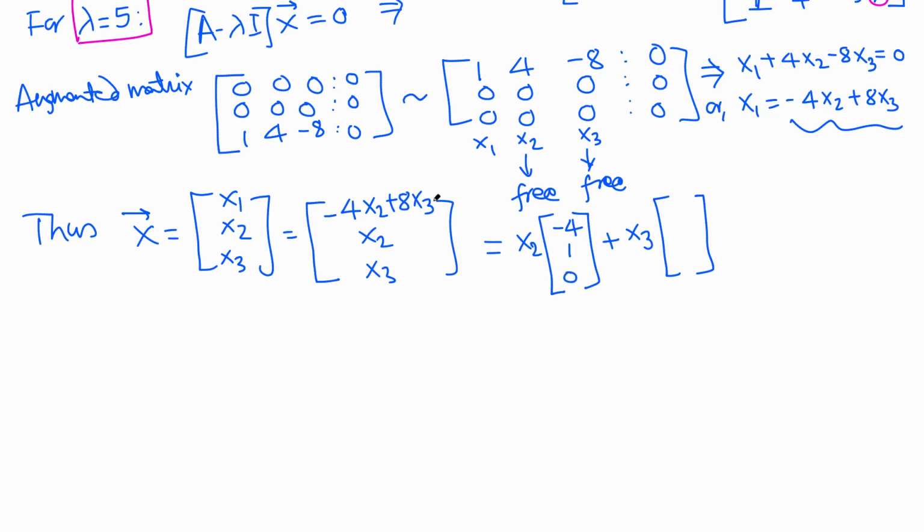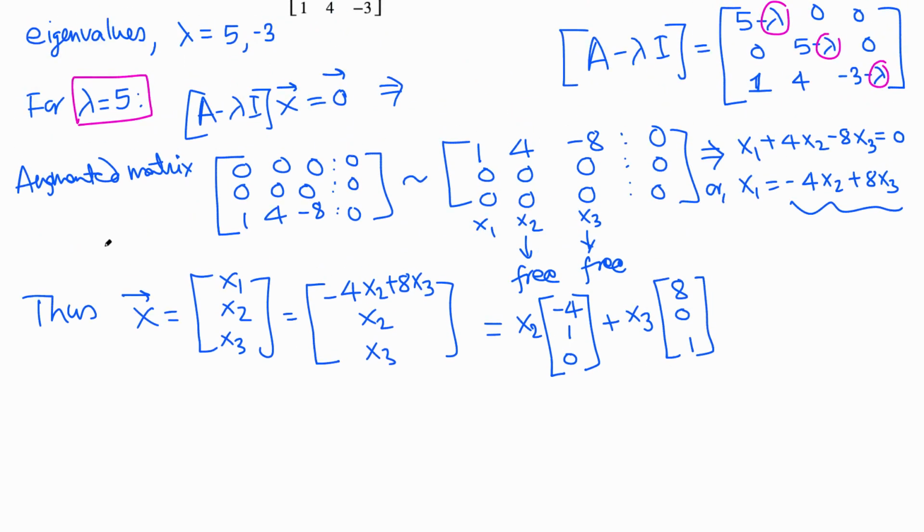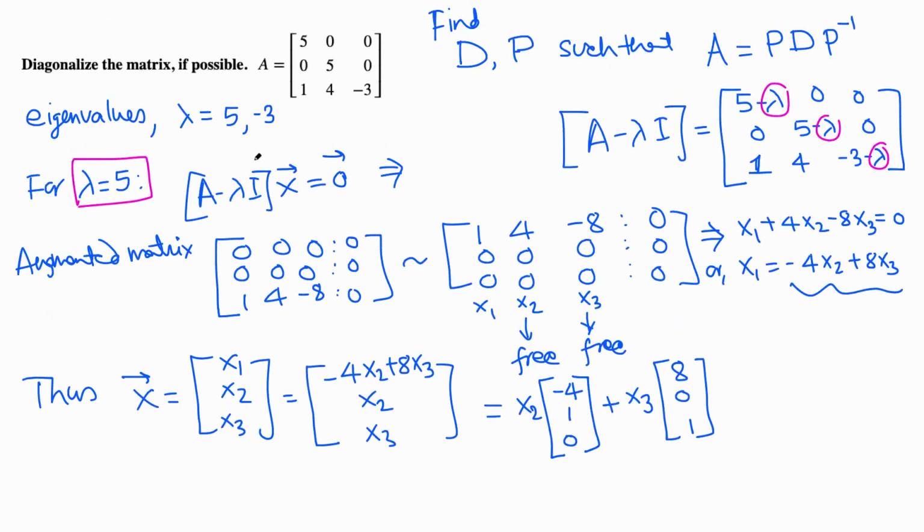8x3, so 8 in the second component, none, 0, here is 1. So the basis for the eigenspace, we got 2 of them here: (-4, 1, 0) and (8, 0, 1). These are the corresponding eigenvectors. So for lambda equals 5, we got 2 eigenvectors, and next we will find the eigenvector corresponding to -3,